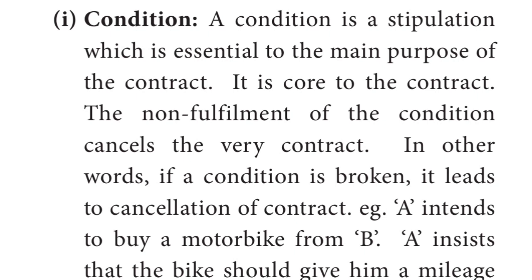Okay, so first they've said about condition. A condition, if you see, is a particular thing which is involved in the contract of sale. When you sell something, for example, you're going to a shop to buy your clothes. You'll have in your mind an idea of what you're going to buy. So you will go to that particular seller and tell him that you need a chudidar of green color. It should be size 24 or 29 or whatever size you want.